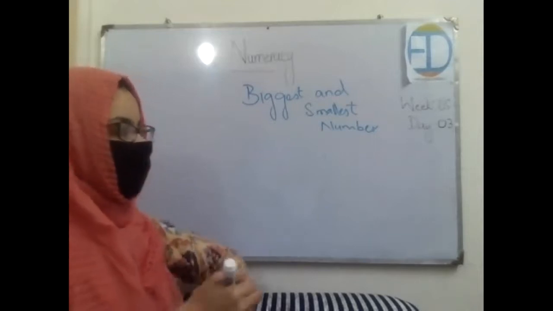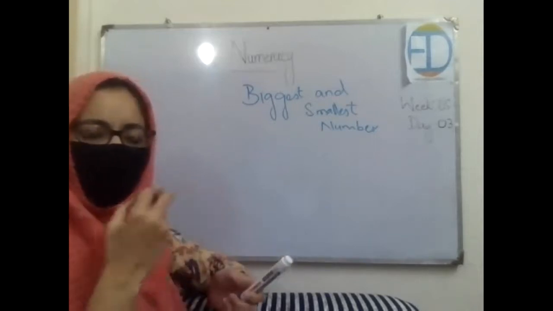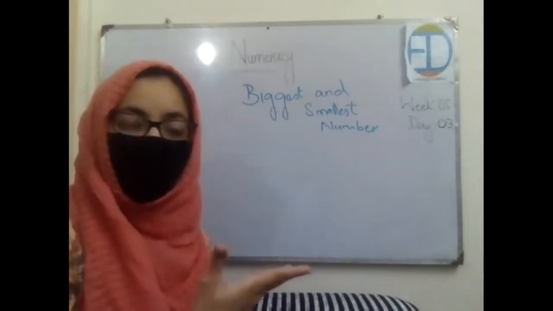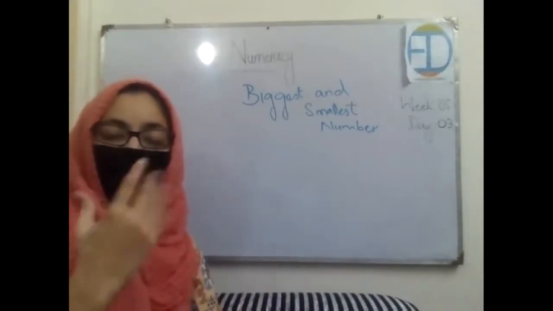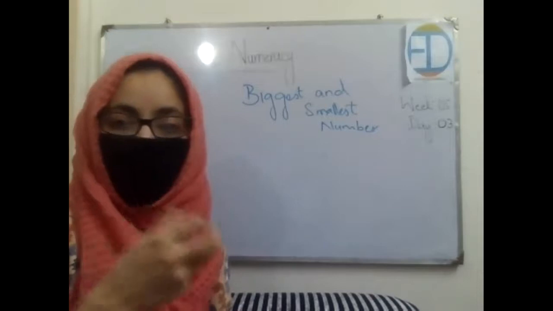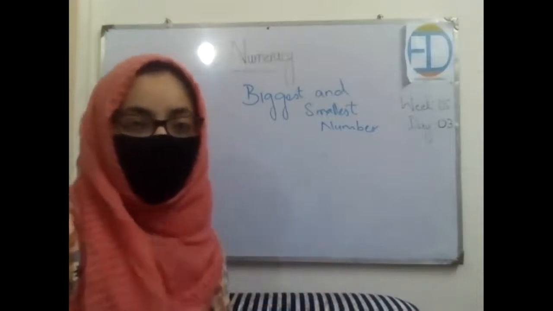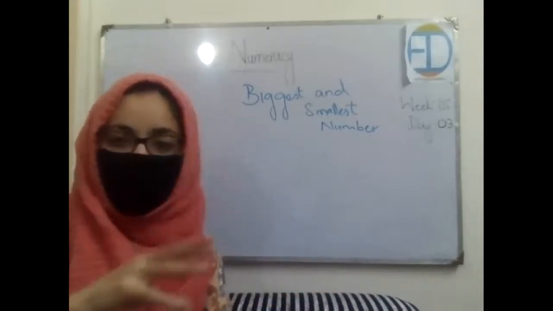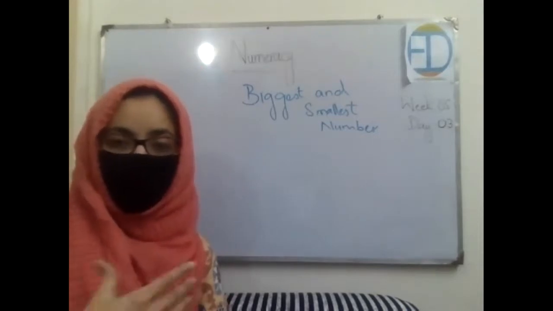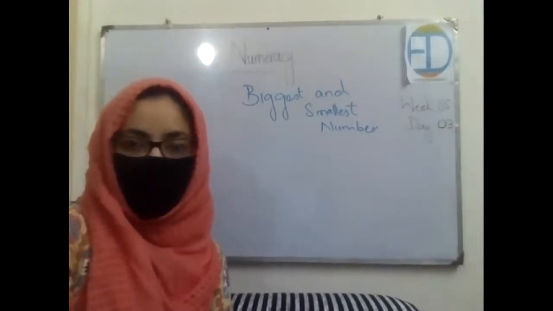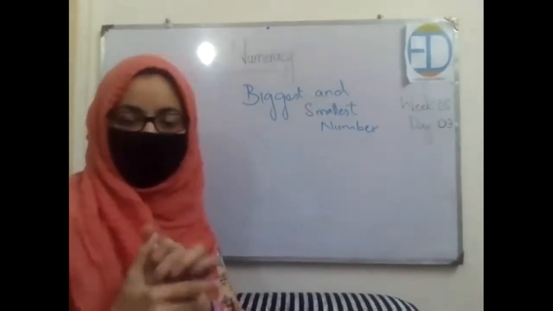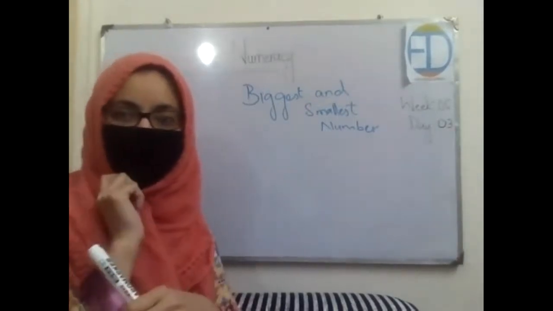Now can you tell me, if there are 2 numbers written in front of you, the bigger one and the smaller one, what is the technique that you adopt, or how do you identify which is the highest number and which is the lowest number? Is there any technique? Is there any method that you adopt for identifying that? Hurry up, raise your hands and let me know. Yes, Sarah. No technique. Okay. Yes, Ahmad.